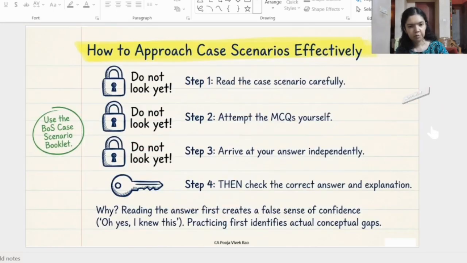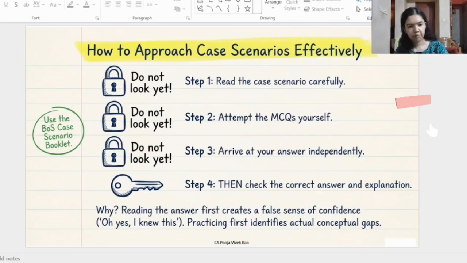So next, some tips were given on how to approach the case scenario. The case scenario booklet is an important resource mentioned in the session. It contains a substantial number of case scenarios for practice. For solving the case scenario, there is an important method that you should follow. Don't immediately read the answer. Instead,